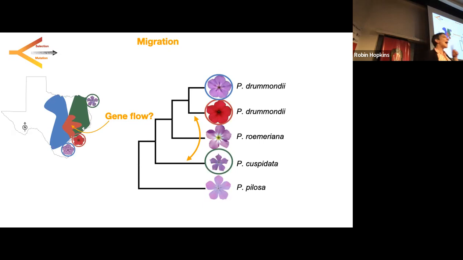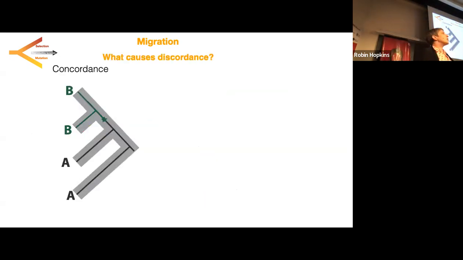And we can use these patterns of discordance to infer if there has been gene flow between cuspidata and Drummondii, particularly in these regions in sympatry, which I'm denoting as the dark red ones. So let's break this down just a little bit. Here's what a gene tree or a SNP topology might look like that is concordant with the species tree. As we move forward in evolutionary time from an ancestor, we might see ancestral alleles, and then we evolve some new allele B, and everything after that has this B allele, this derived allele.